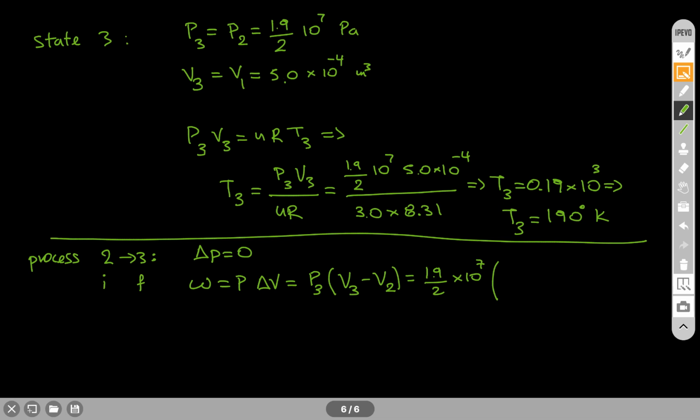It is 5 times 10 to minus 4. And let's see, I think V2, if I remember correctly, is 2 times this. So we have 10 times 10 to minus 4. And let's see, let's move on. The work done by the gas,